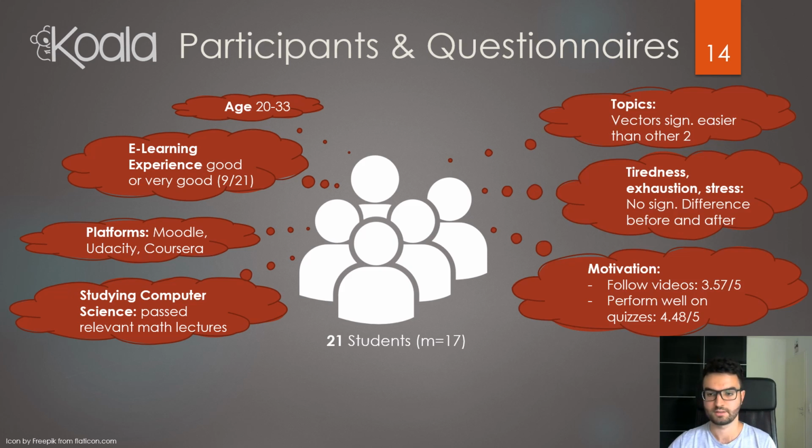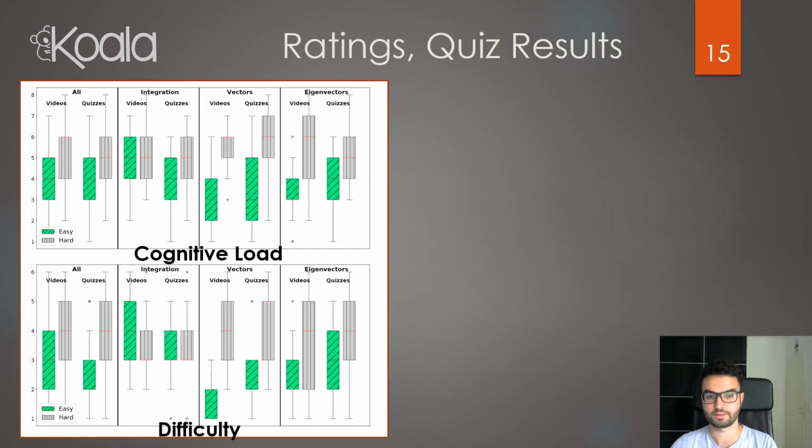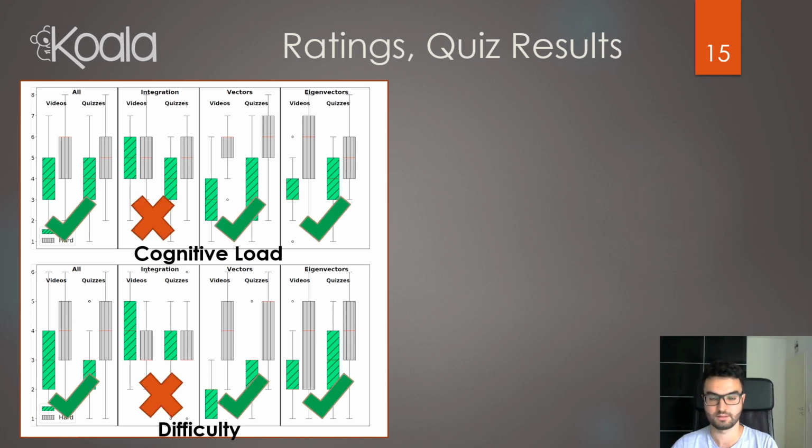In terms of tiredness, exhaustion, and stress, we could not find a significant difference between before and after the experiment, which is good, so there are no strong tiredness effects that might have biased our data. And they had a high motivation to follow the videos and a very high motivation to perform well on the quizzes. When we look at the ratings that the participants assign to the contents, we see that for vectors, eigenvectors, as well as across the 3 topics, the differences between the easy and the hard videos or quizzes were there and were significant. However, for the integration case, that was not the case,